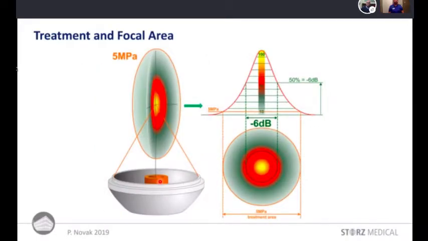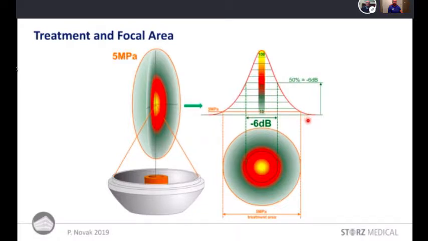Now we see here the typical interpretation of how the focal area looks. It's typical, not only with this type of shockwave source, that it is usually always ellipsoid in the direction of the propagation. You can see two circles. The smaller one is the focal area, which is specified as the area where the pressure is at least 50% of the maximal pressure. This is a relative measure, and there also exists an absolute measure, so this 5 megapascal